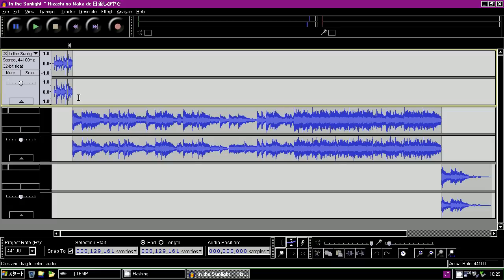Oh, speaking of keyboard shortcuts, I just hit the space bar right there. That's the play and pause stop button. So if that happens,